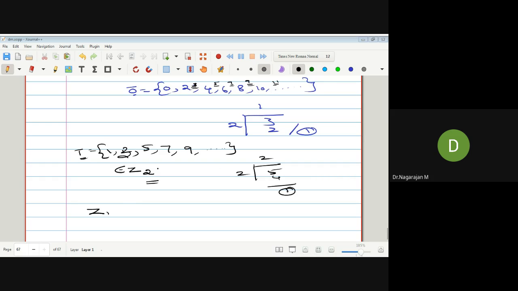Zn. Then what are the elements in Zn? Z2 means the elements are only 0 and 1, correct? Only 2 elements, and 0 is included. Then how many elements does Zn have? Total 2 elements in Z2, therefore Zn has n elements. The starting element is 0, so 0, 1, 2, and up to the last element. 0 is included, therefore the last element is n minus 1. Each number or each class contains up to an infinite number of elements.